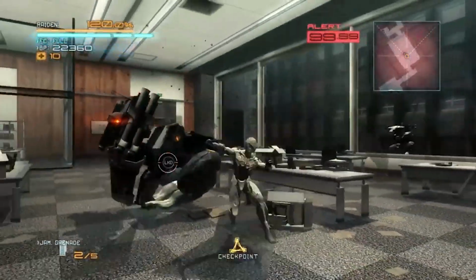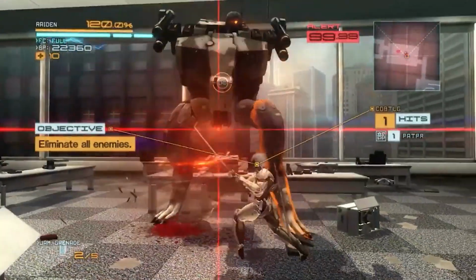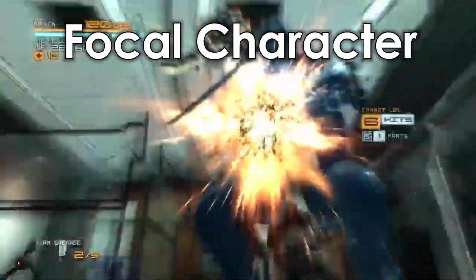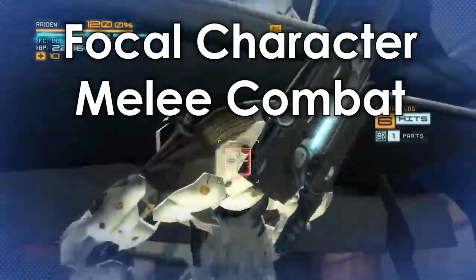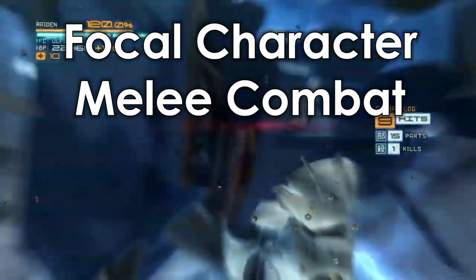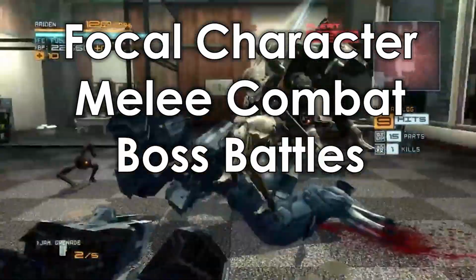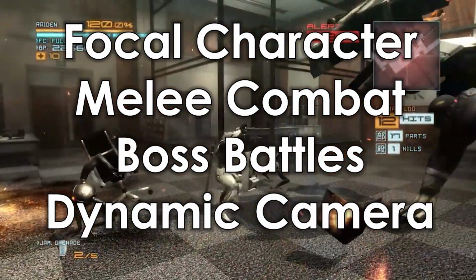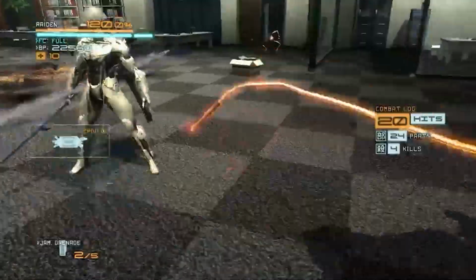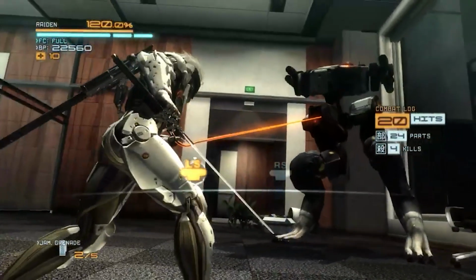Those are, admittedly, three very different games, but they all share a similar core. A focal third-person character, melee combat with an emphasis on calculated attack and defense, big boss battles, and a camera that can be free or locked onto a target. By slightly altering their approach to the 3 Cs, they end up with incredibly different results. Now, with all of that out of the way,